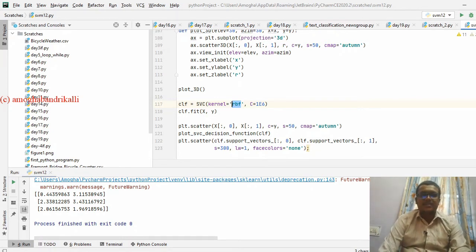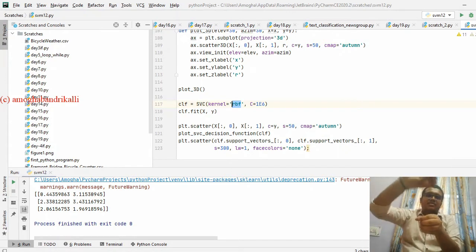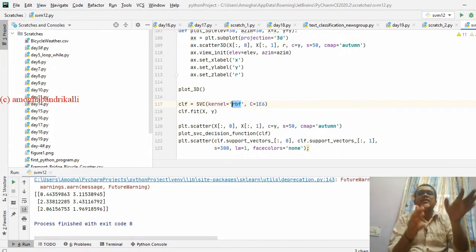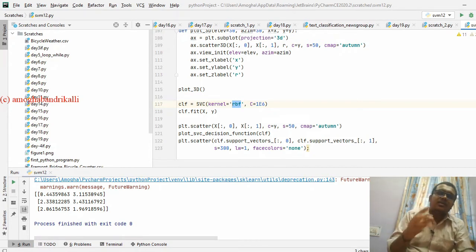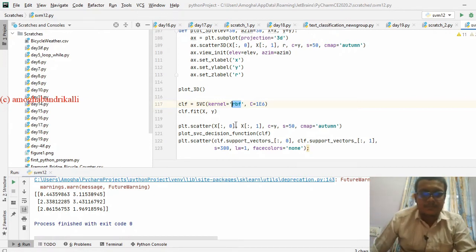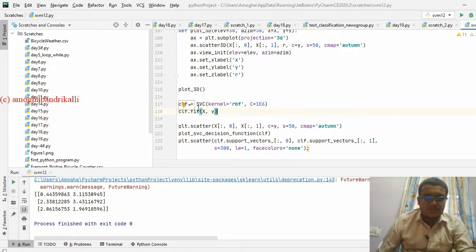It is a function which has the same structure as a cone. In this circumference, we find the distance. If the points are present inside the circumference, they are called class 2. If outside the circumference, they are called class 1. So let us see this execution.